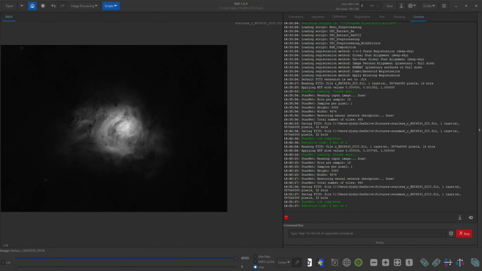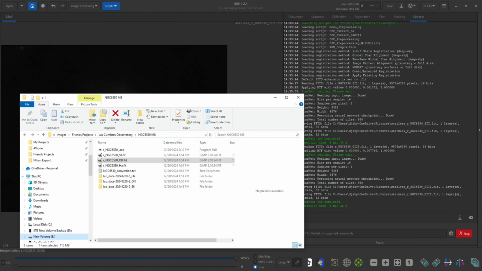We'll move on to the next data, which is the HA data. So drag and drop,